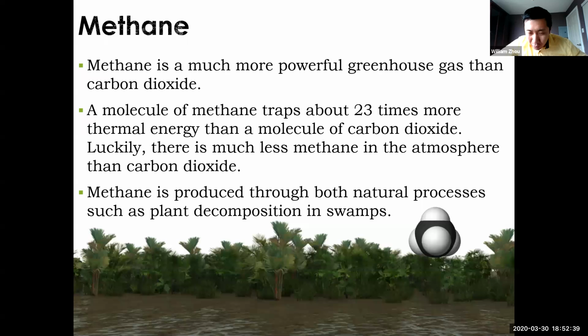All right. Luckily, though, we don't have nearly as much methane as carbon dioxide in the air. Now, the natural processes that can produce methane are basically swamps and bacteria. The bacteria in swamps and bacteria in, let's say, a landfill, they all produce methane. Bacteria also live in the guts of some animals like cows. Those are called ruminant animals. They also are a source of methane. When cows chew food, they burp out methane,